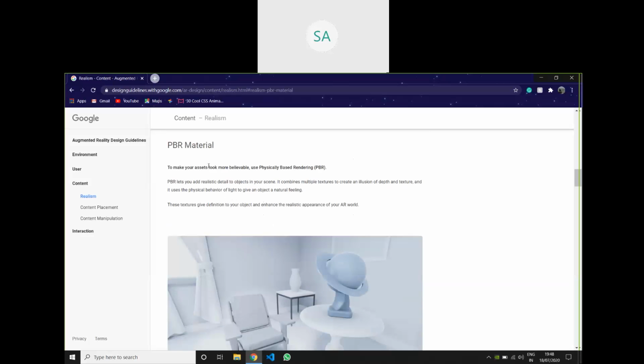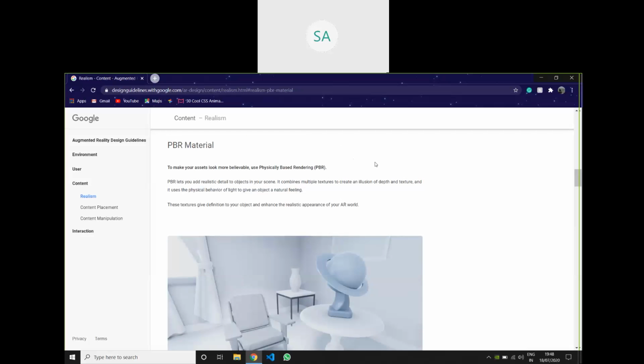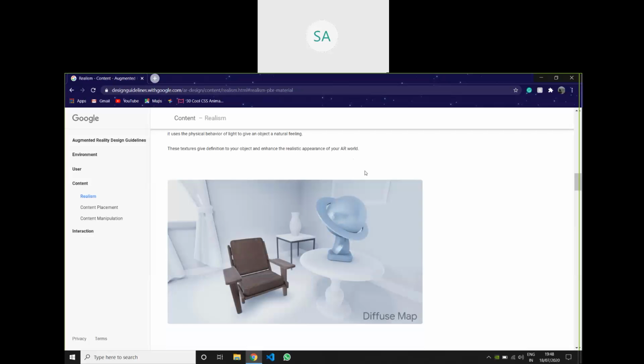And then this PBR material, physically based rendering, is available in Unity also. So you can apply this to all of your 3D objects. This is how things change with a normal map, and after roughness, applying different maps, it changes differently. So enhance it until you get a realistic experience.